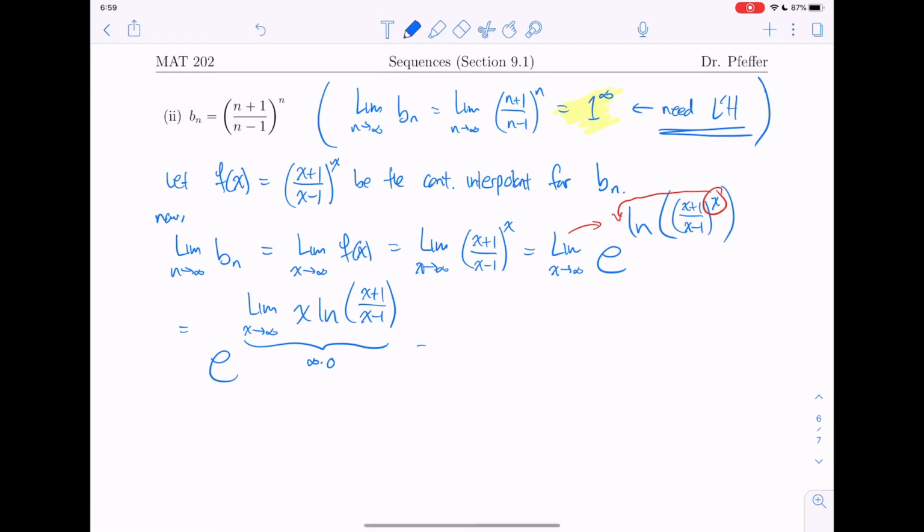So the quotient trick we're going to use is very similar to the last example. This will be e to the limit as x approaches infinity of the natural log of (x plus 1 over x minus 1) all over 1 over x, where now this limit up here is equal to 0 over 0 form, which means it's L'Hopital time. So this is equal to, by L'Hopital's rule,